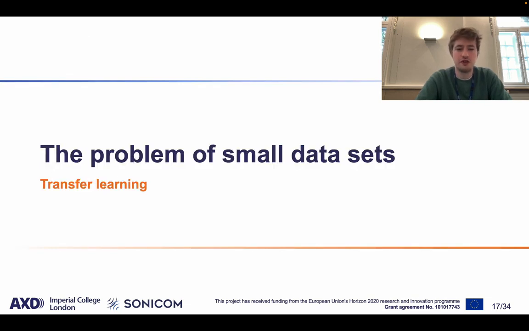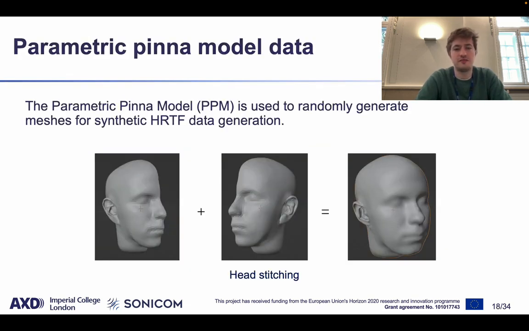So then next, with the problem of transfer learning, we can generate some synthetic data. We have what are called parametric pinna models, which just means this is your pinna here, this part of your ear, and we can define that by some parameters, and those parameters will affect the shape of the pinna. The particular model we used can more or less model any particular ear. And we randomly generate some pinna meshes. We stitch them to a dummy head, and then we can create, in this case, we created 1,000